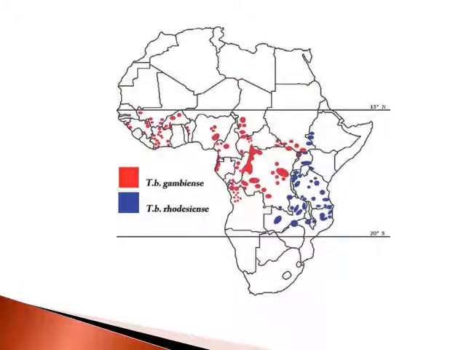This is a map showing the distribution of Trypanosoma brucei gambiense, the red one, and Trypanosoma brucei rhodesiense, the blue one. You see, they are in the tropical area between the zones of cancer and